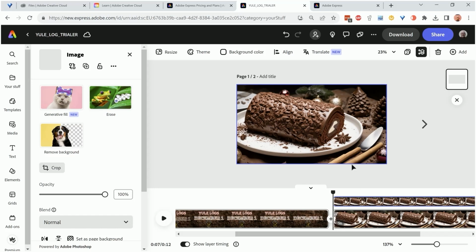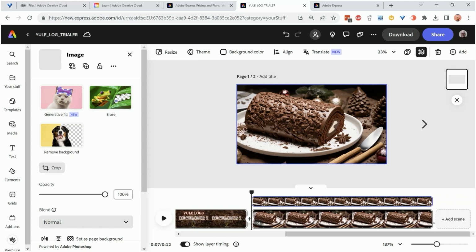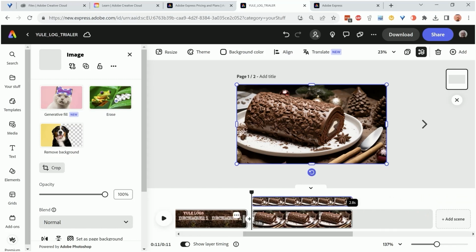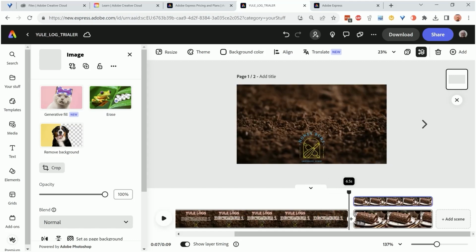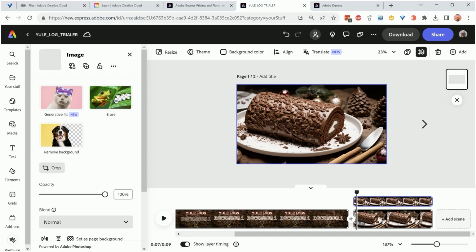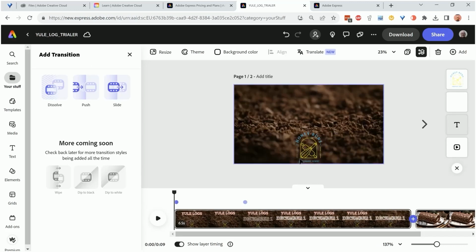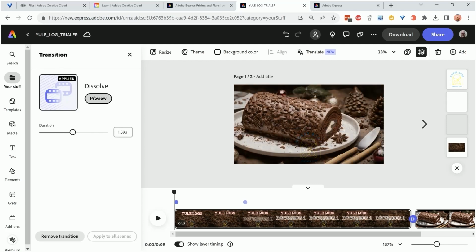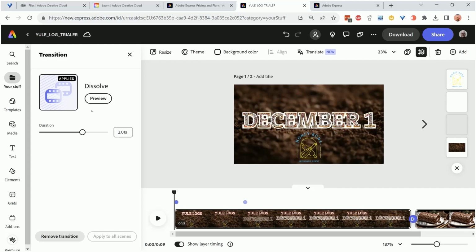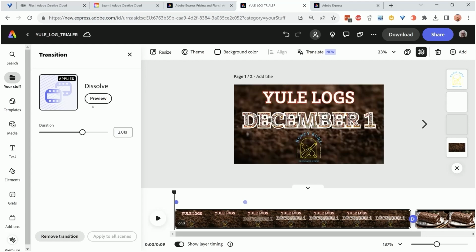So there's a yellow cake, which was created in AI. So I'm just going to add that one. I'll pull it down so it's only on screen for a shorter time. Add a transition. I'm just going to do this resolve, proliferation. There we go. And if I want to add another one,